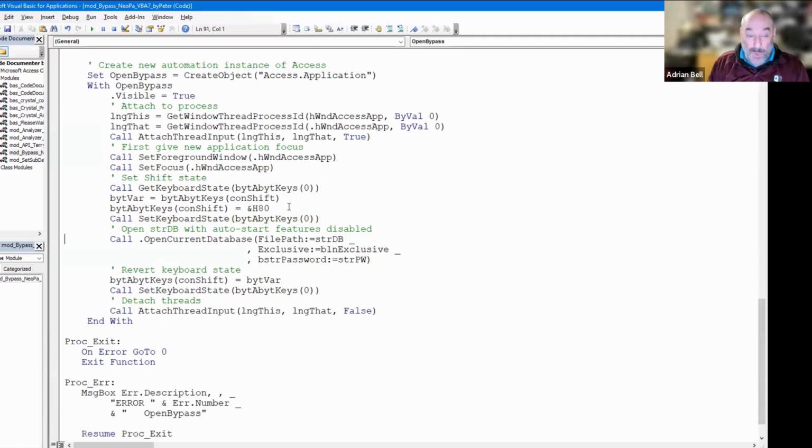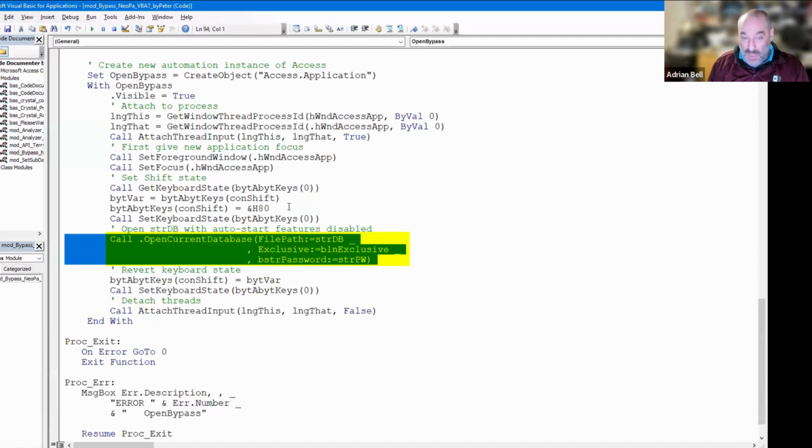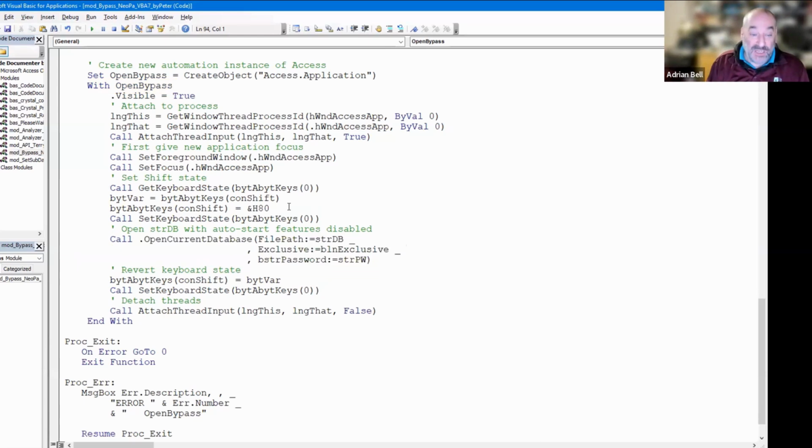And then we call the open current database. Now, as mentioned before, we pass not just the file name, but also whether it's exclusive or whether it has a password. So when you call this, if you give it a password, it'll pass that on to the open current database. Notice this is the With OpenBypass, so it's called .OpenCurrentDatabase. It's opening the current database in the object which is OpenBypass, which is the other Access application object. Okay, as soon as that's finished,